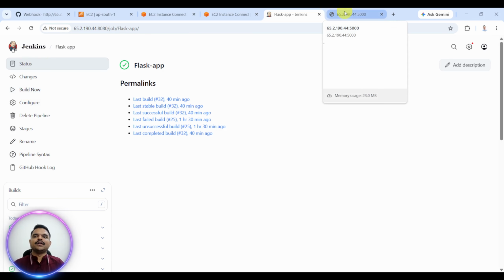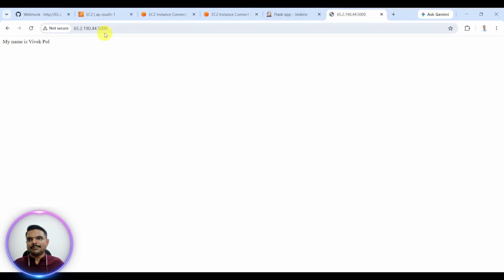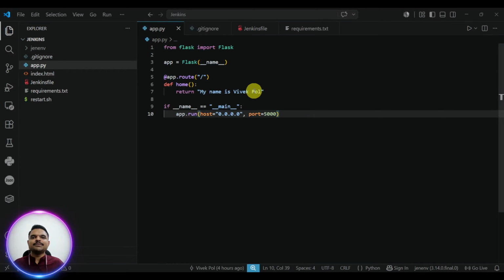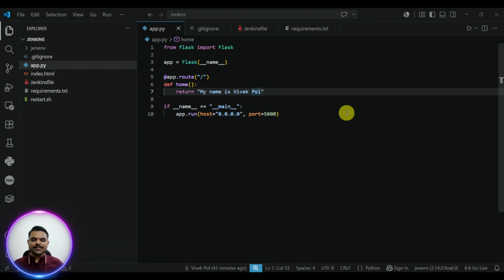Okay, and right now the application is running, and you can see here my name is Vivek Code, because in the app.py file my name is Vivek Code is present. Okay, and if I make some changes over here,